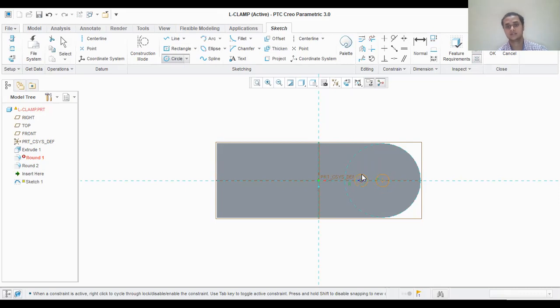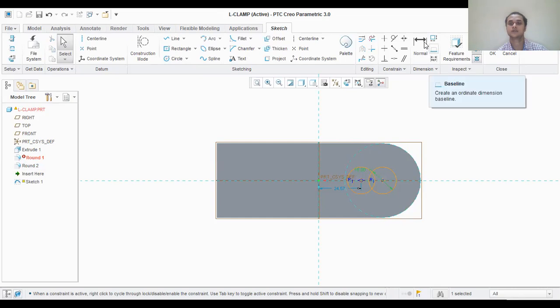If you see here, there's a green color letter R. You have to make sure that there's a green color letter R. If you move above or below, you can't get it. So make sure that you have the same green color R so that both circles will have the same diameter. I'm placing it here. I'll click escape, so I can give the diameter. I'll directly click. It's showing as R1, but it's a diameter. So you have to give it 16 and enter, so that both are overlapping and it took a distance from this center to this center.